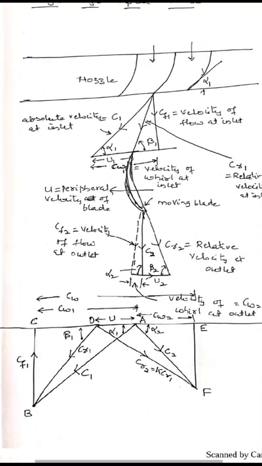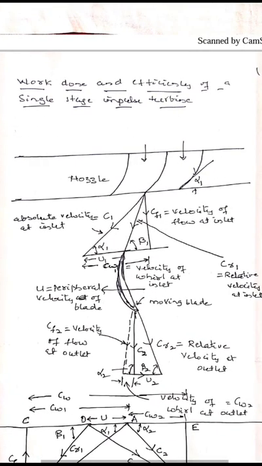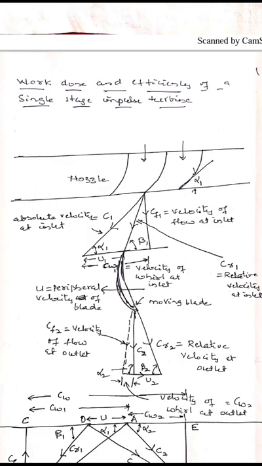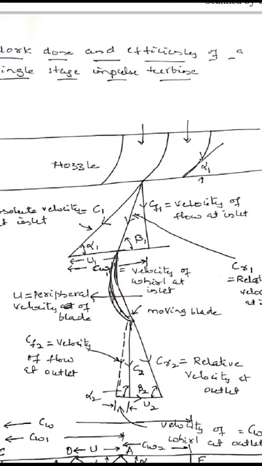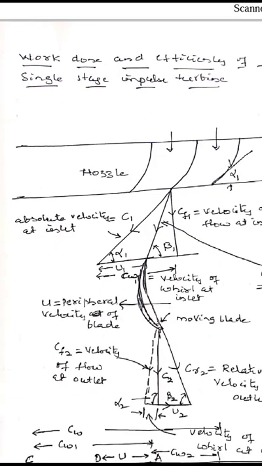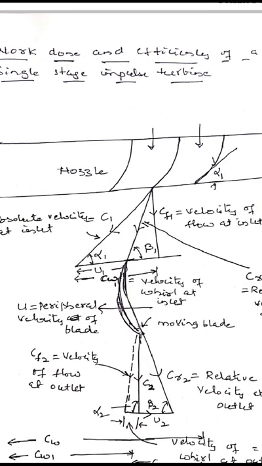Friends, today we shall study the force and work done on the single stage impulse turbine and the various efficiencies of a single stage impulse turbine. An impulse turbine consists of a nozzle and symmetrical curved blades. The nozzle converts the pressure energy of steam into kinetic energy of steam. The high velocity jet of steam issuing from the nozzle